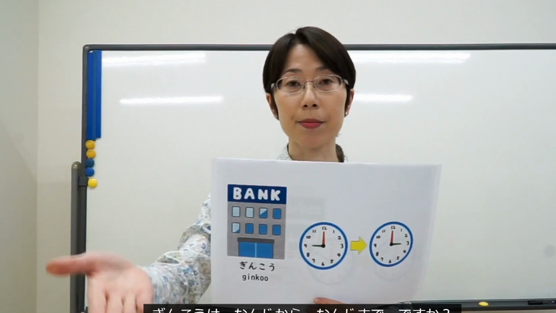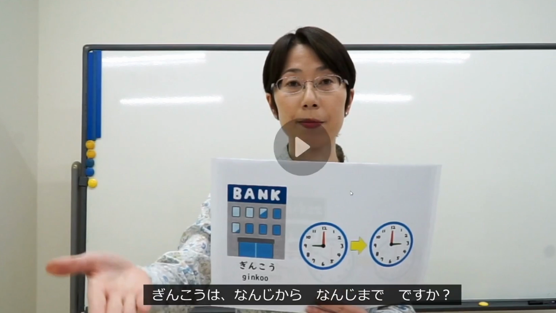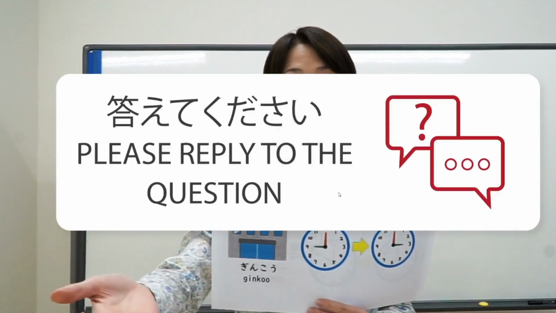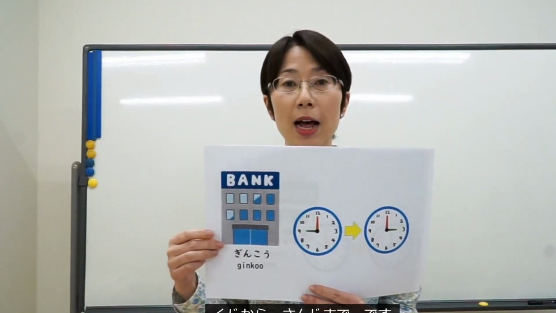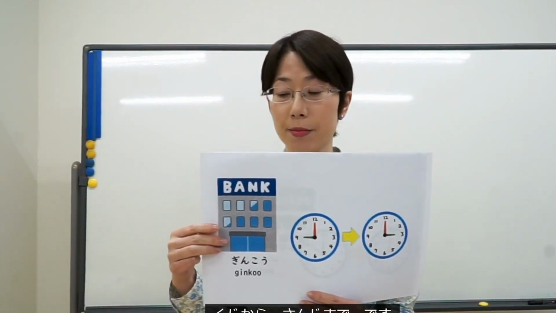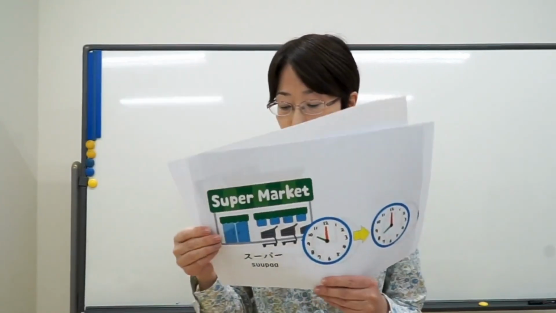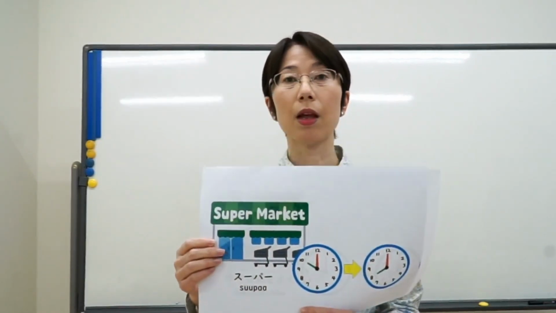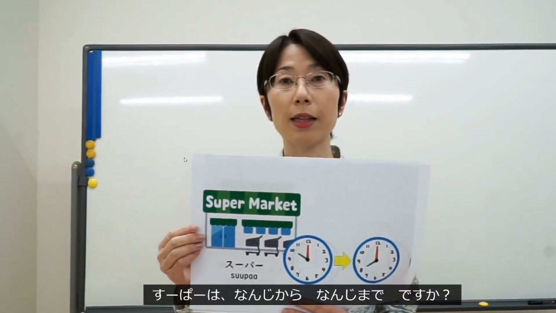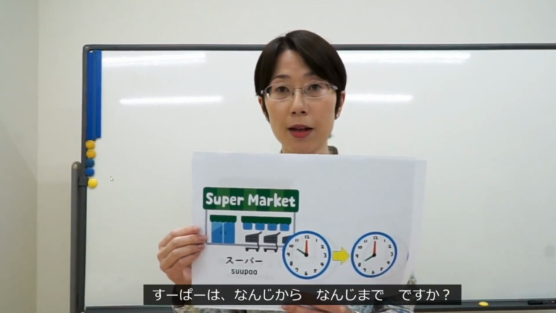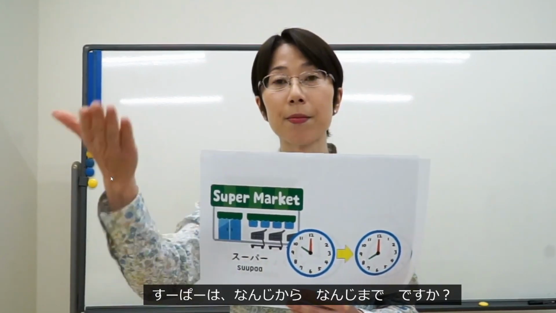Kuji kara sanji made desu. 9時から3時までです。 スーパーは何時から何時までですか？